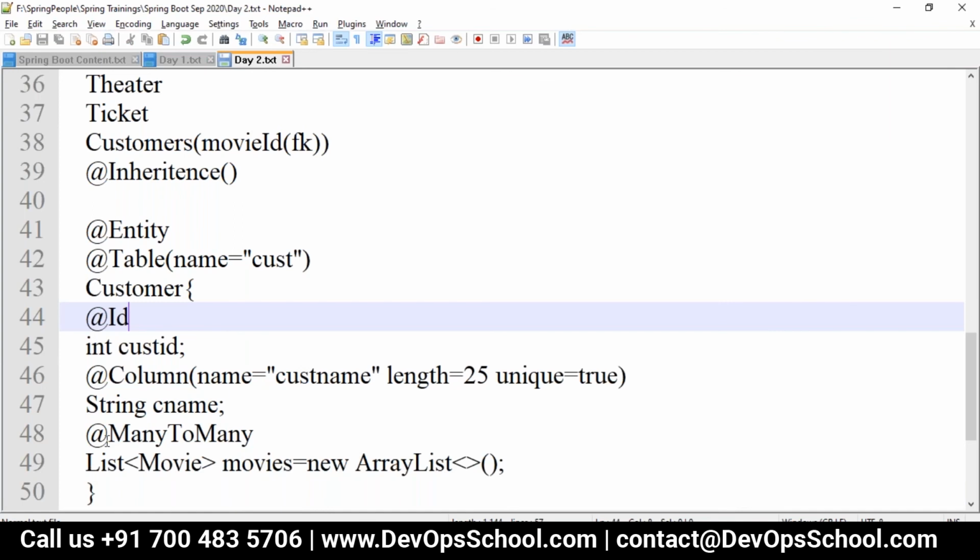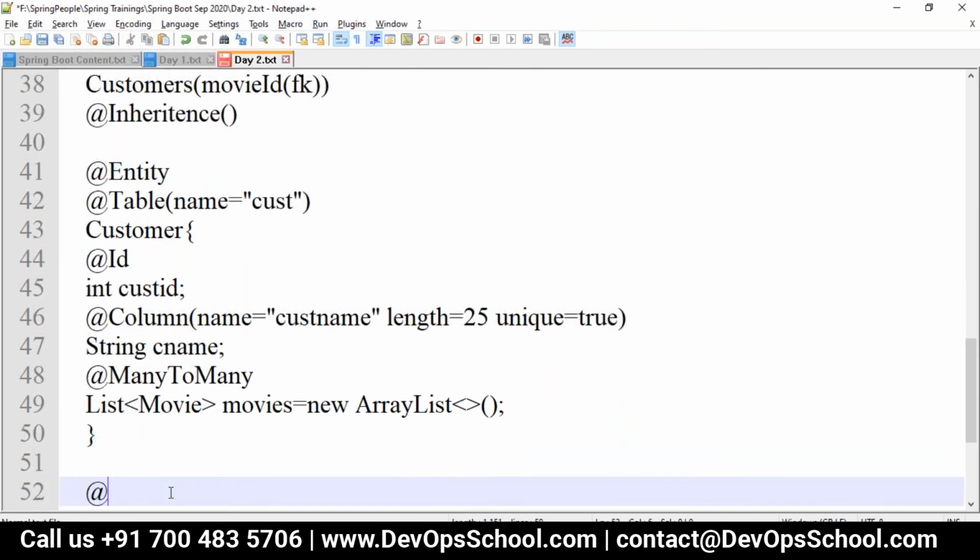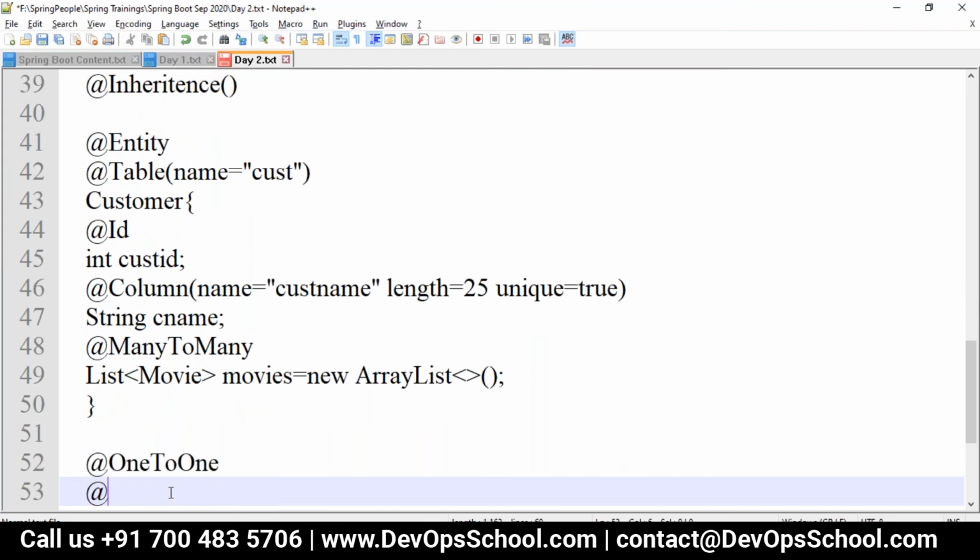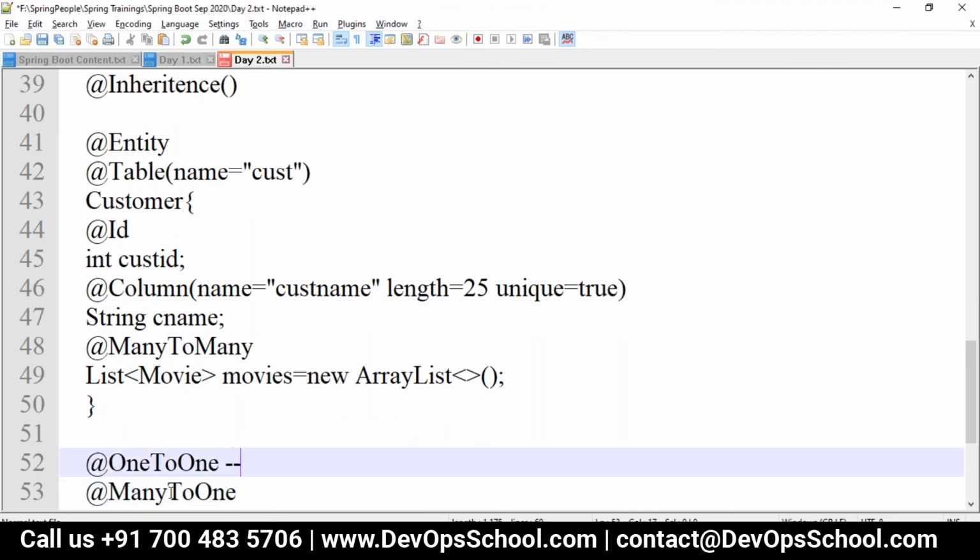When you go with many to many or one to many, it will always look for an extra table, because many cannot be mapped with one table. So where you have many to many or one to many, it will always refer to a new table creation. Where you go with @OneToOne and @ManyToOne, both refer to a foreign key.